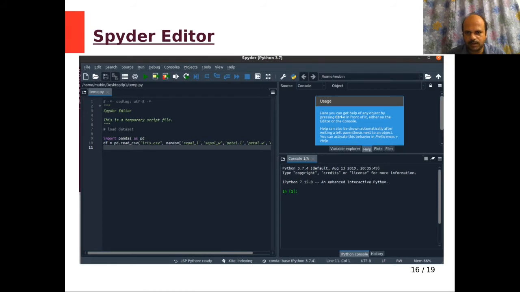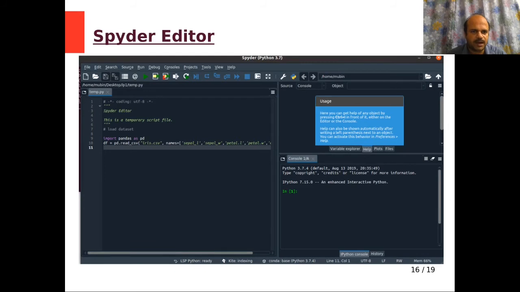In the top right corner, we have another space where we can see variables, plots, files, etc. Below that, we have the console where we can write inline statements of Python, or you can run your Python program. You also get the output in the console only.